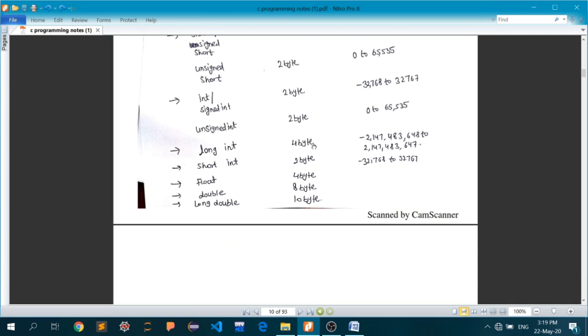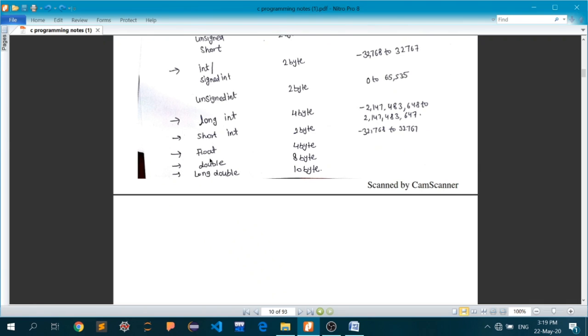Because we have allocated more memory for it, its range has automatically increased because we can store more data. So if you want to initialize a variable with a very large number, more than the upper limit of an int variable, you can always use the long int, and then there is a short int, not commonly used.